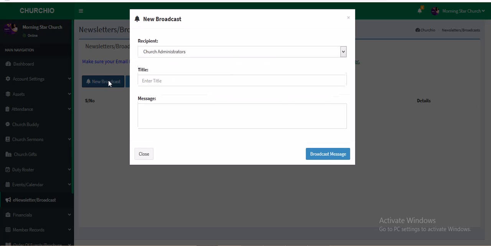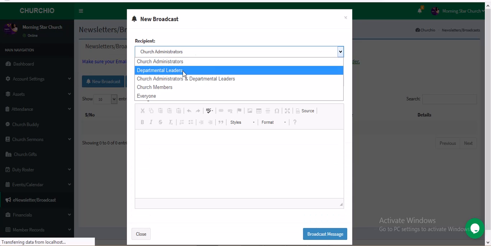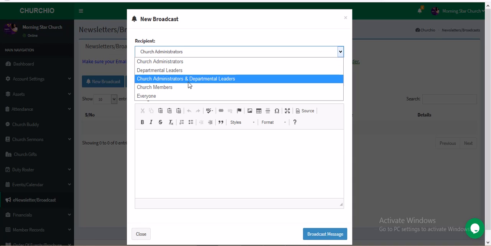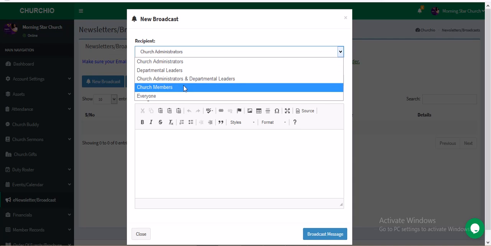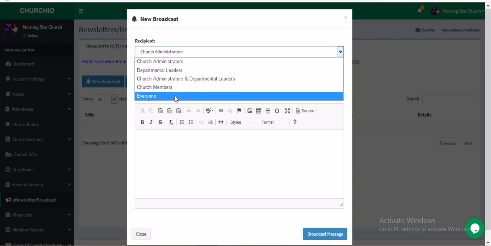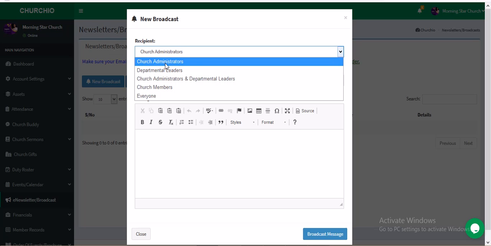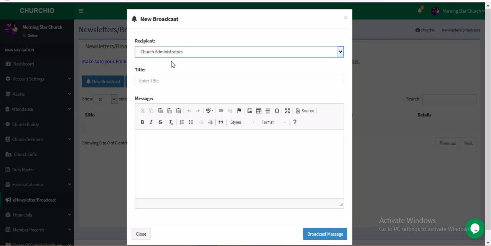So if we click on the new broadcast, we can see here we can select the recipients. Should it be church administrators? Should it be departmental leaders? Should it be church administrators and departmental leaders? Should it be church members? Should it be everyone? And so if we say we want to send a message to just the church administrator,